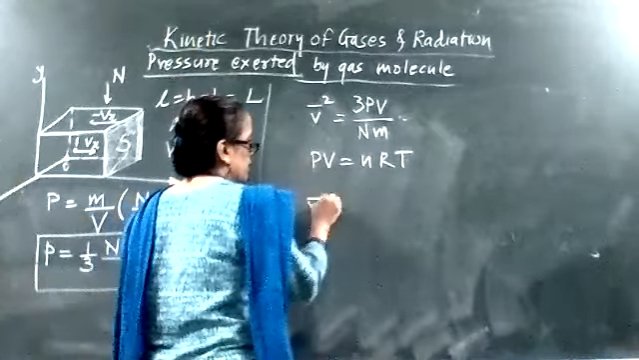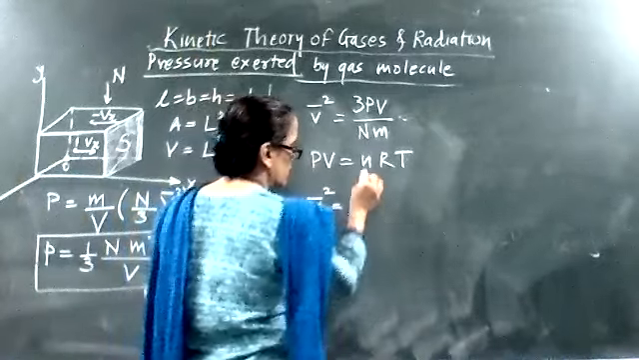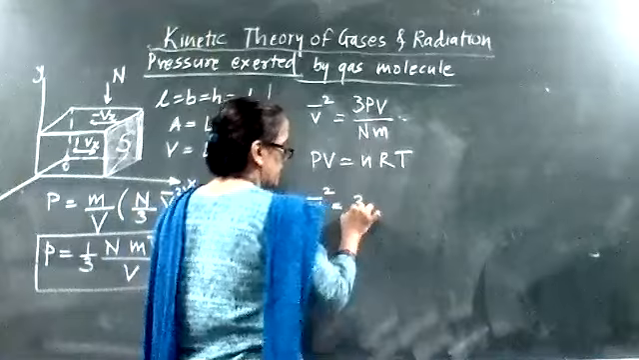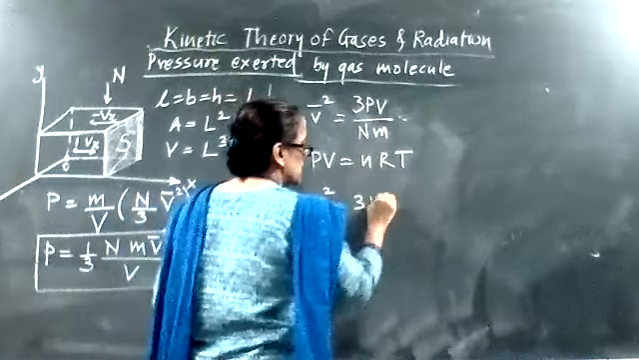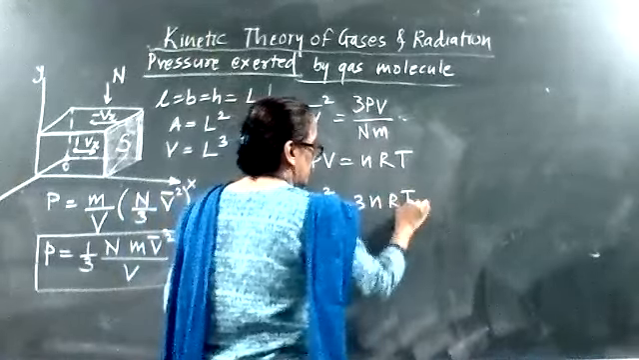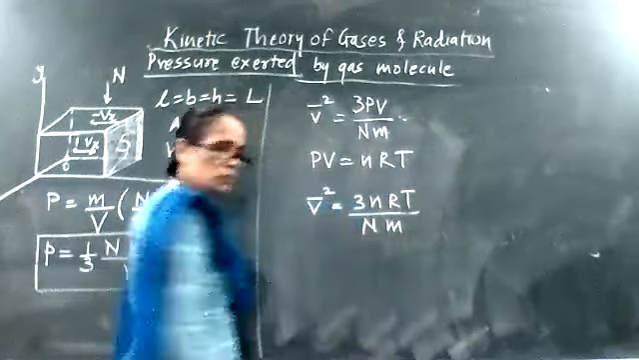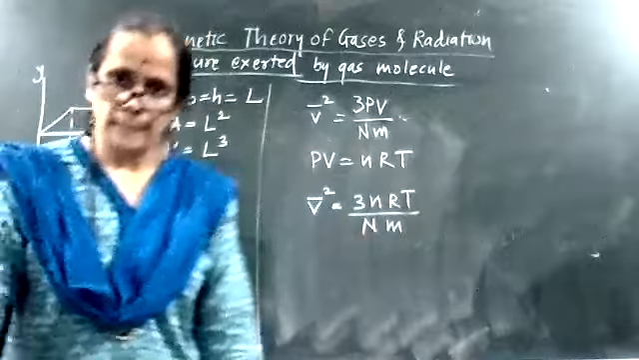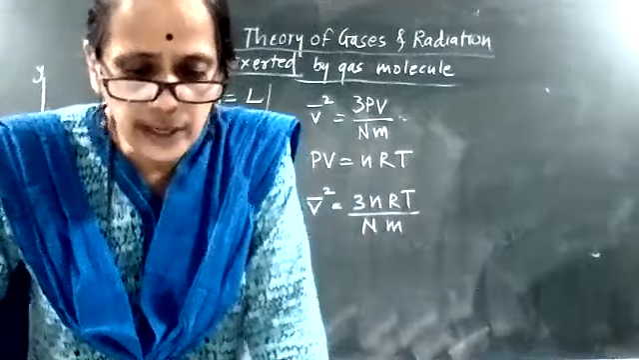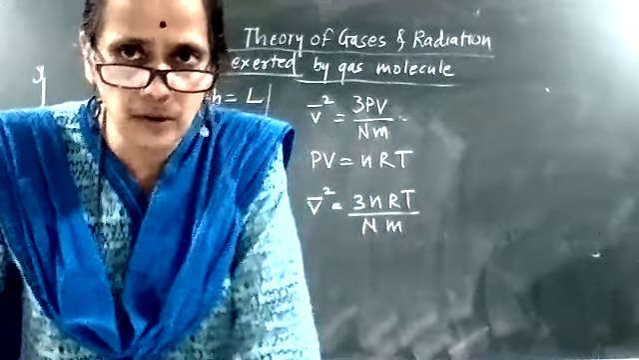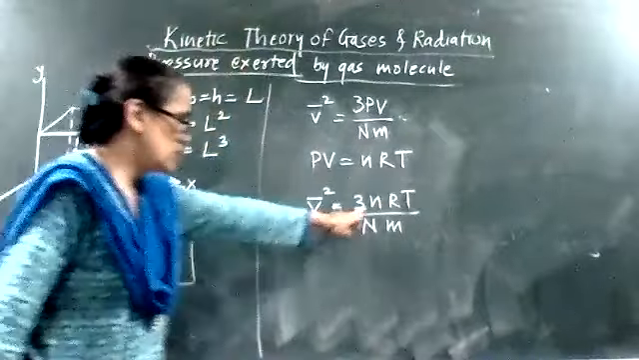So what am I getting? V bar square is equal to 3 nRT upon capital N into small m. Are you getting this? Any doubt? Now, instead of this,